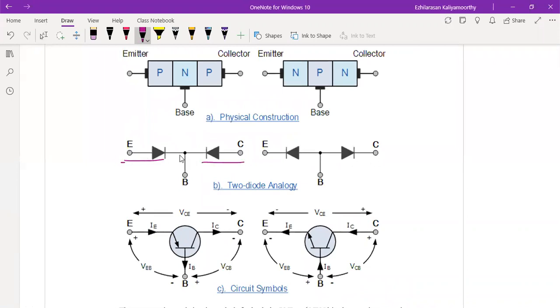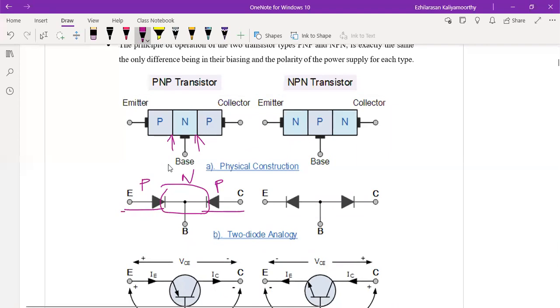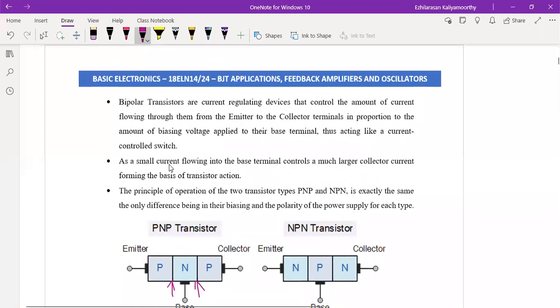When you connect them in series, the common terminal is nothing but a cathode actually. So it will form P, the N is common, then P. So this will form a three terminal device, and at the same time two junctions will be there. See here, this is one junction, and this is one more junction: junction one and junction two. From this we can form a three terminal device. The name is BJT, which is shortly called the bipolar junction transistor.